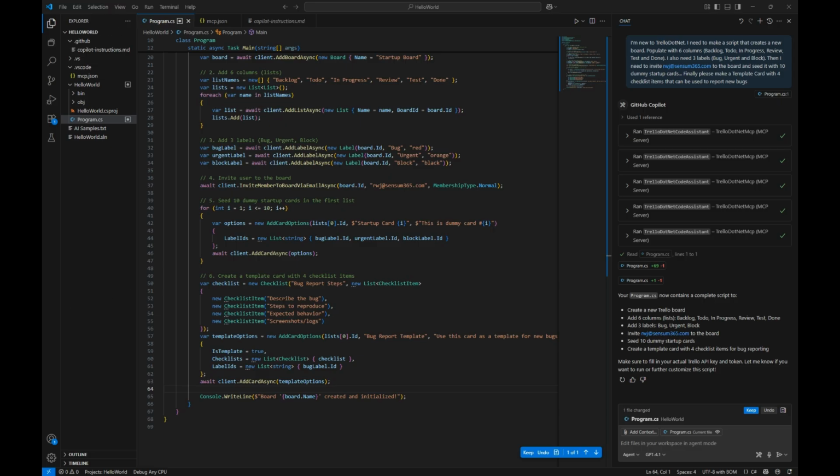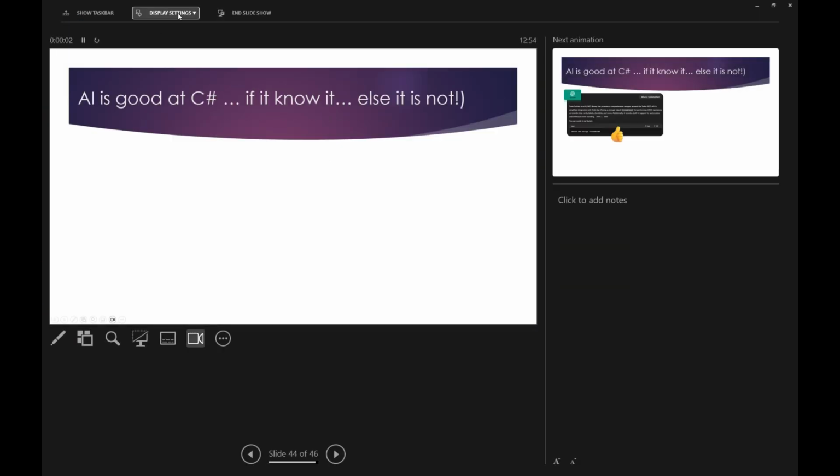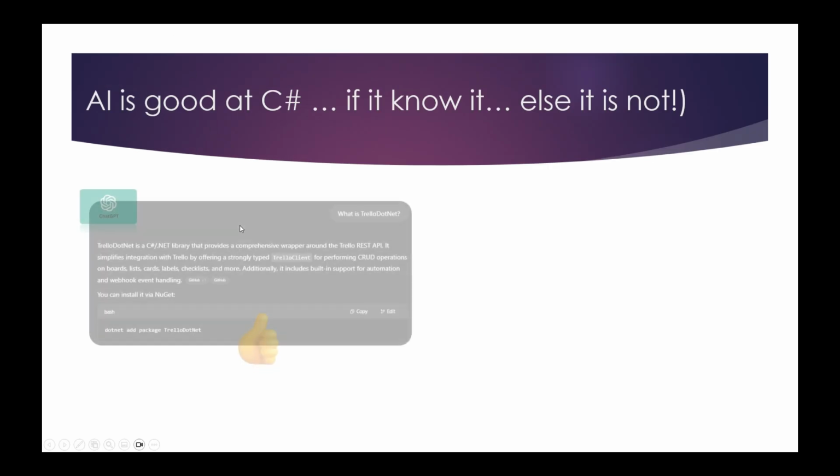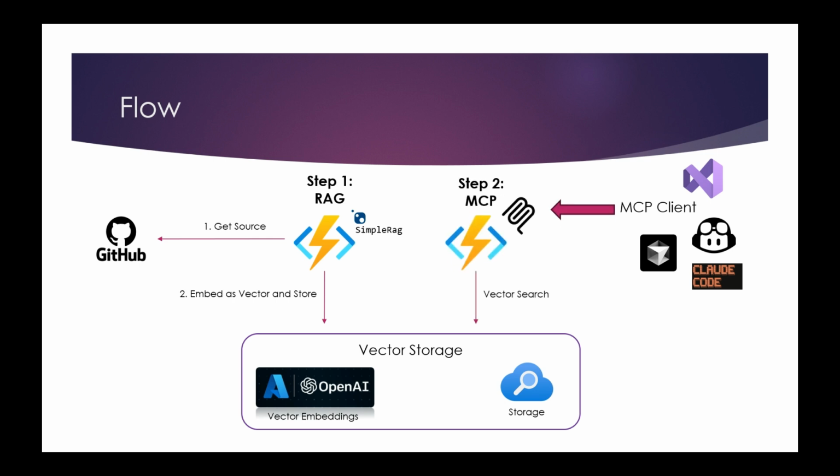Again, if we go back to these slides, if I can find them. So with almost no money and with a few lines of code, you can actually do this.